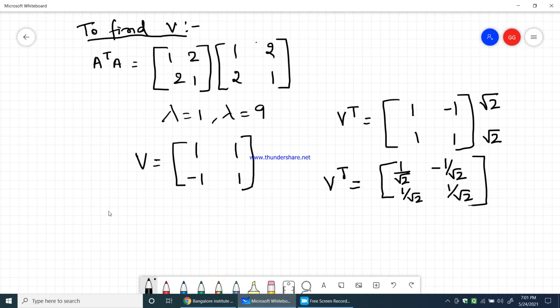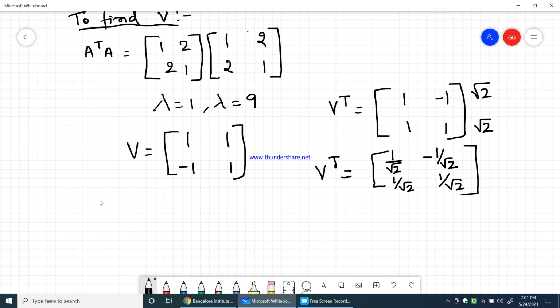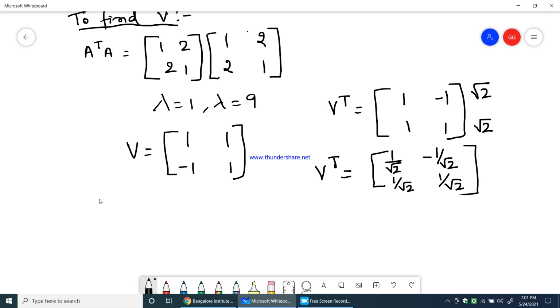As it is a symmetric matrix, I end up having the same values I got in U, but the final step is V transpose, for which we took the norm, and then each element is divided by the norm for that particular row. Now to find sigma,